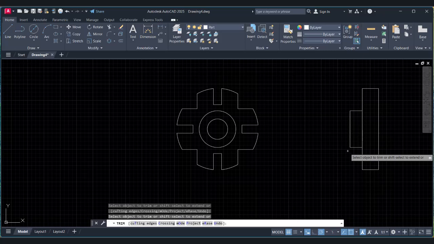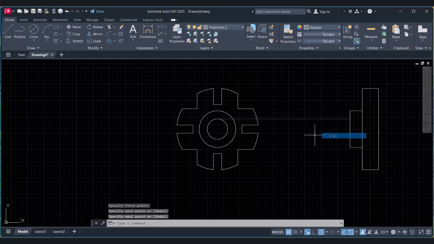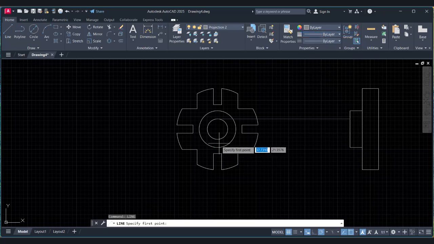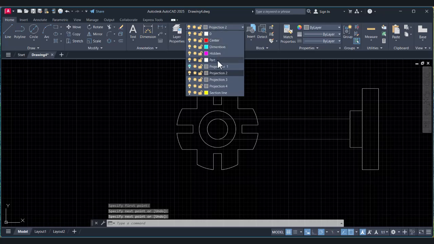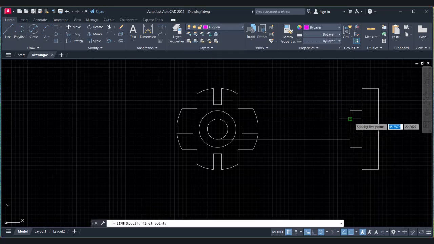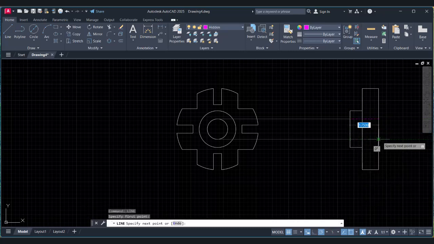Next we have to see what we can see and what we cannot see from this right side view. I'm going to go to the projection tool and then the line tool. This circular hole we cannot see it, so from here to this point, and then repeat the line and project it on this one. So this circle will be hidden. Use the line tool and draw it like that, and from here to this point, like that.